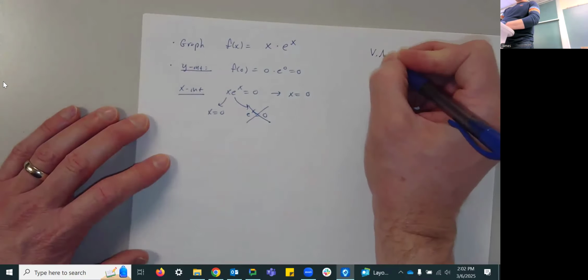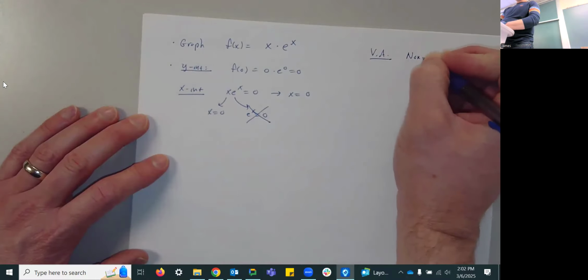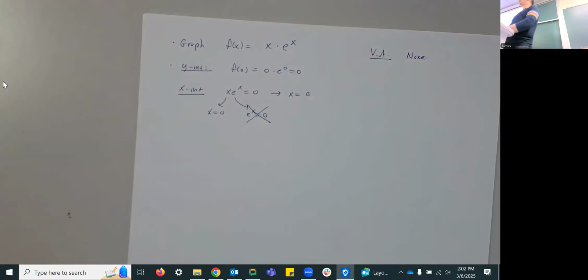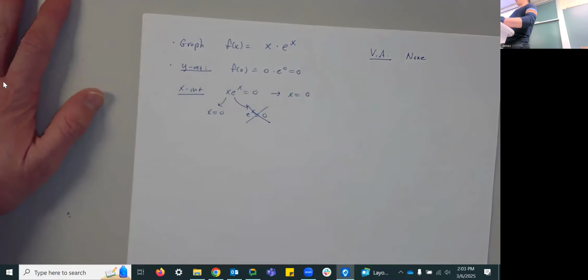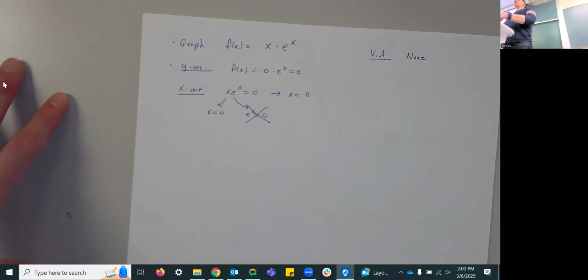Vertical asymptotes, there aren't any. We don't have any division by 0. I should point out, in addition to division by 0, logarithmic functions can also have vertical asymptotes. So when you have a natural log of x, or log based on anything, but usually natural log, you need to consider what's happening as x gets closer and closer to 0, or whatever makes the argument of the logarithm 0. Usually, it's going to involve L'Hopital's rule, to be perfectly honest. Like later on, if you were to graph something like x times natural log of x,